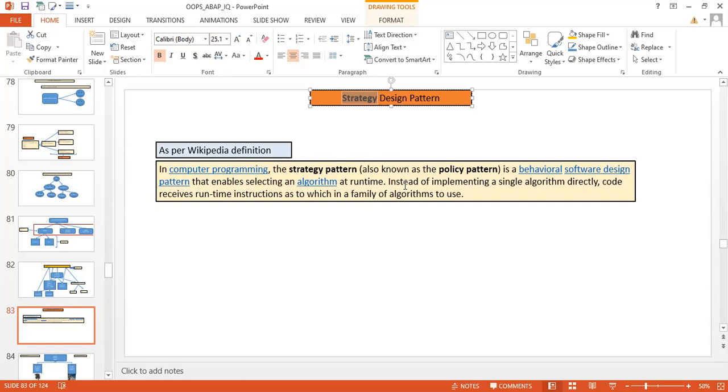Yes, it is the same. A strategy design pattern comes into the picture where you have a very complex task to perform. You have to prepare your strategy well in advance.